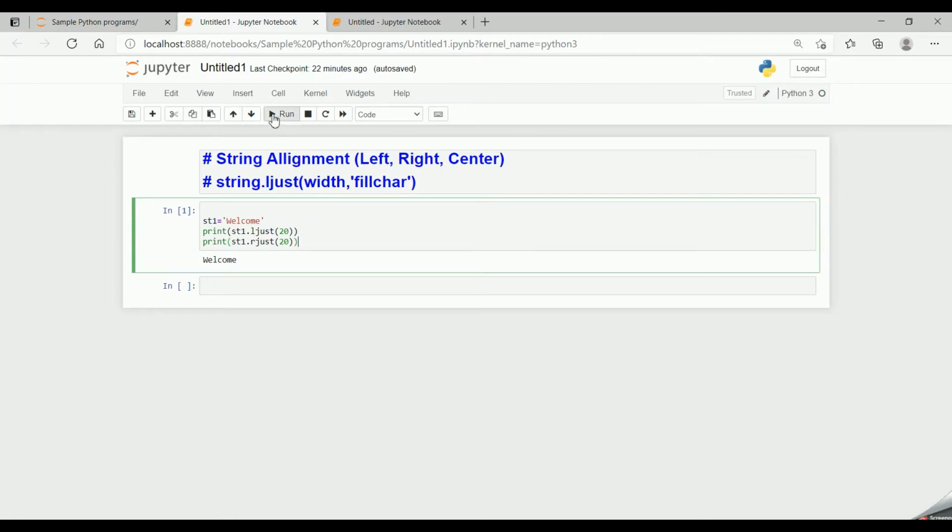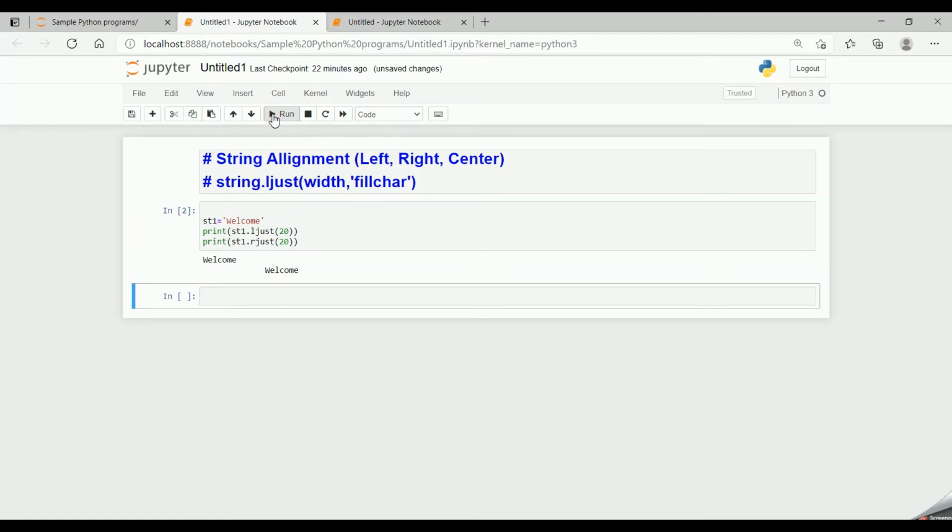Now if I run the code, it is justified to the right. 13 characters will be filled with spaces and 7 characters with welcome. So 13 plus 7, the total is 20 characters.